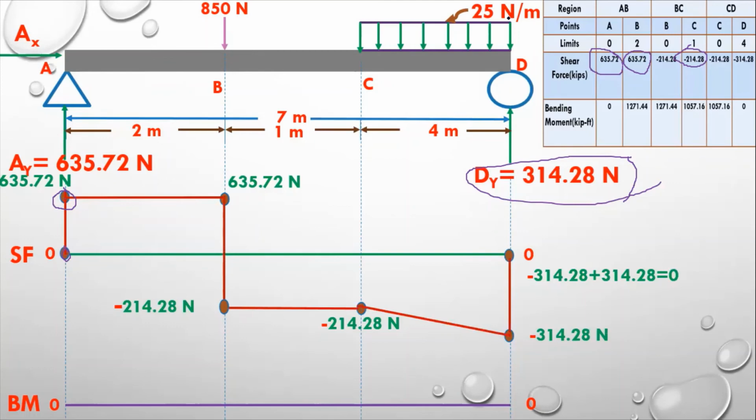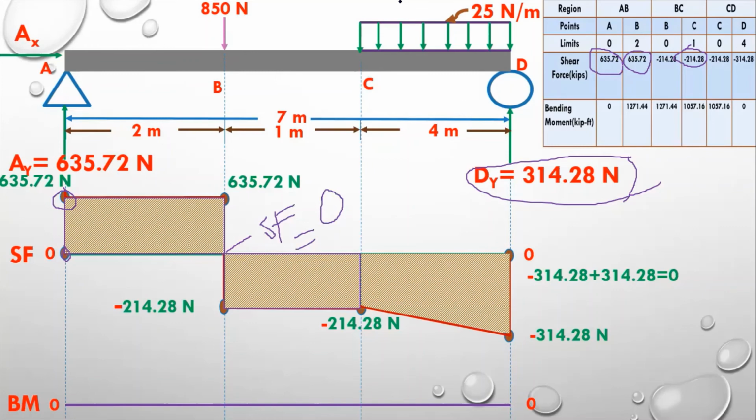And now we are going to shade it. You can see here, this is the way to make a pattern or give color to the shaded area of the shear force portion. And you can see we have shear force equal to 0 here. You can see here. So now obviously we have maximum bending moment at this point.